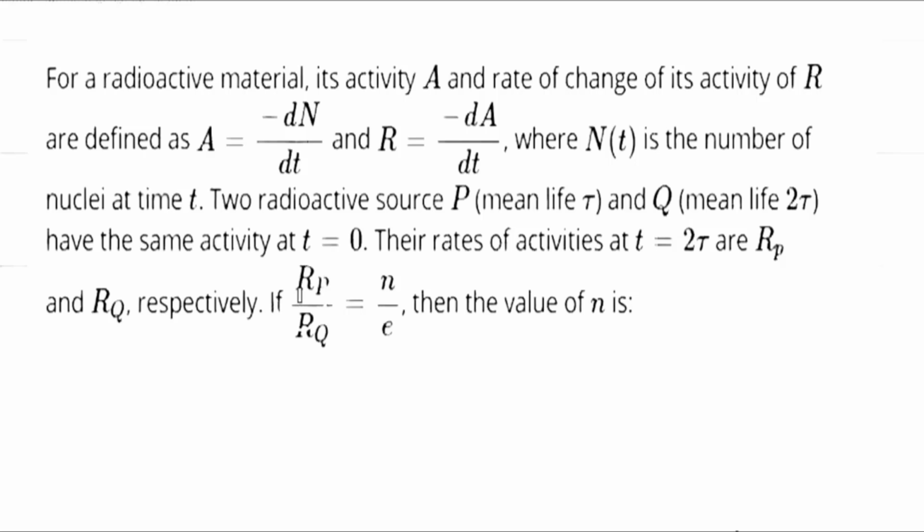Then we have to find the ratio. The ratio is given to us as Rp divided by Rq, and this equals N divided by e. So we have to find the value of N here. So the solution of this question is,